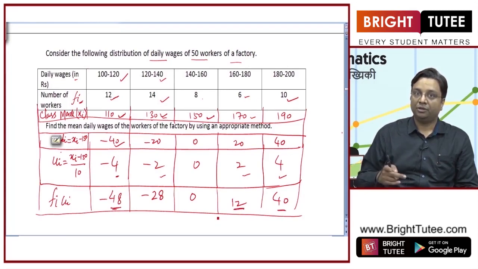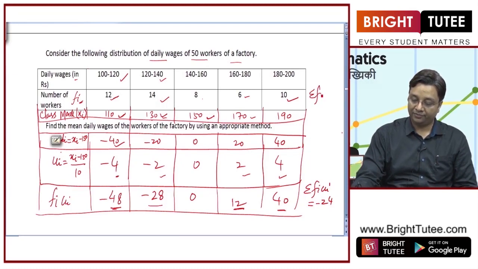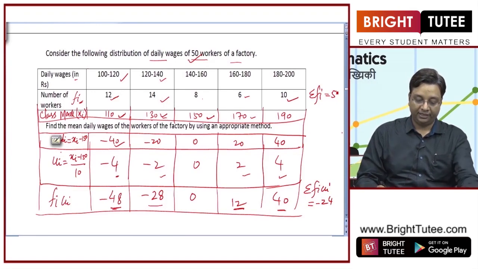So 40 minus 48 will give you minus 8, minus 8 plus 12 will give you plus 4, plus 4 minus 28 will give you minus 24. So sigma fi ui is minus 24, and what is sigma fi? It is 50,